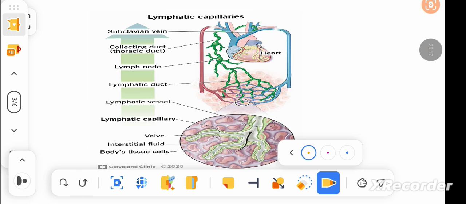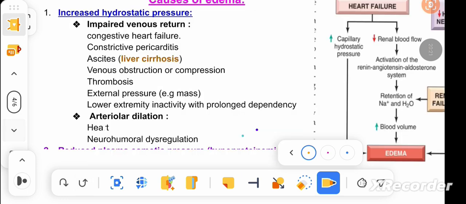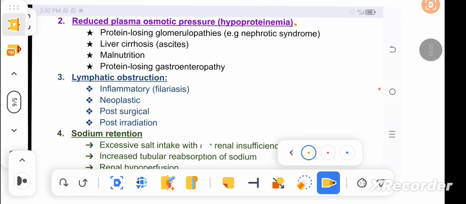So if we have obstruction in this system, we are going to have edema in the affected site. What can obstruct the lymphatic system can be inflammation, so inflammatory disorders such as filariasis,